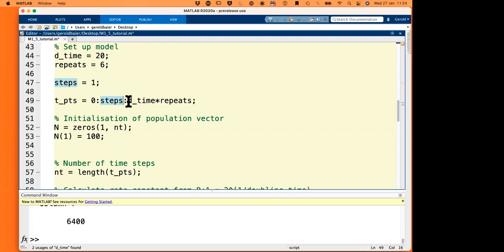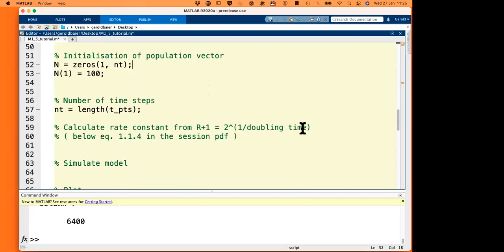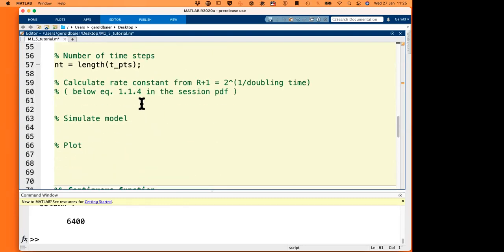Actually, in MATLAB, you don't really need to define that. What you could do, you could actually take that away, because MATLAB by default will give you an array in steps of 1. But let's do it explicitly here so that we know what we are doing just while looking at the code immediately. Right, so that's now setting up our time array,